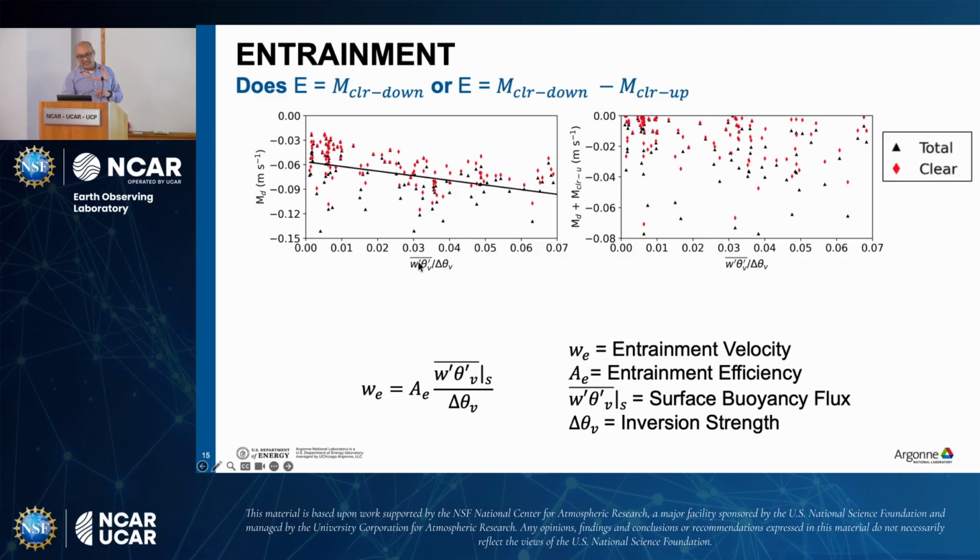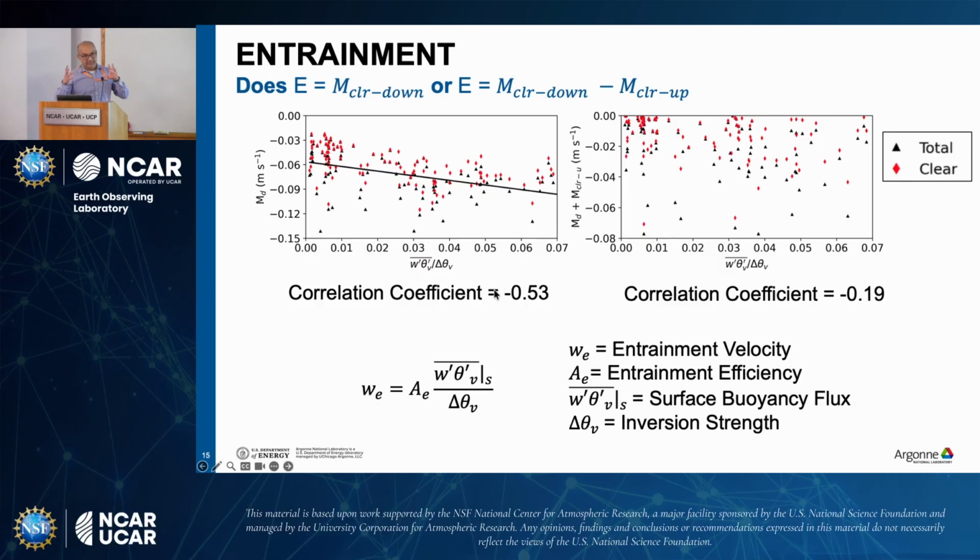So the x-axis here is the ratio of the surface buoyancy flux to the inversion strength. And the y-axis here is just downdraft mass flux. And when I made this figure, I was pretty happy and surprised because the theory really holds well. You are basically getting observations from different instruments, completely different places, and you see a nice slope in here. The correlation coefficient is about 0.53. That's pretty good in my mind, given the system we are looking at.